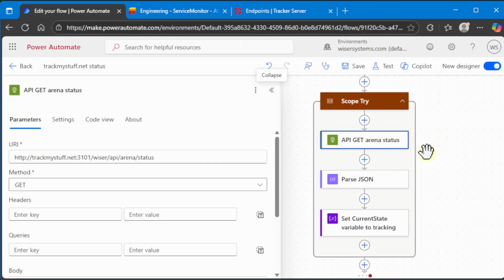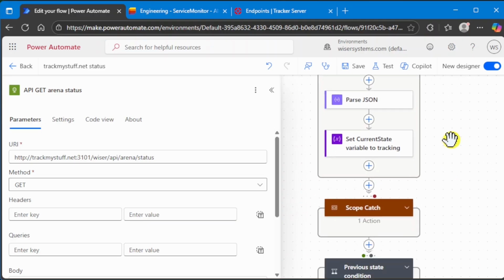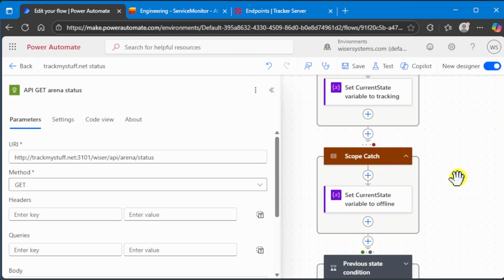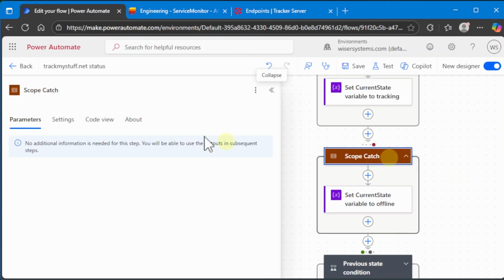Now this API call, hopefully it returns because the server is running, tracking or not tracking if something's wrong. But the server could also be completely offline, in which case this API call will fail. And unfortunately in Power Automate, it treats that block as failing. So this would run, fail, and the script would stop. The flow would stop. So the way I've handled that is to put it inside a scope, and that whole scope can fail. If that happens, I have another scope that runs to catch it. So if I open up this scope,